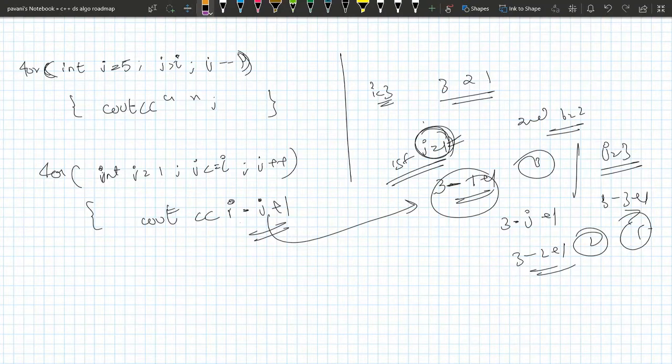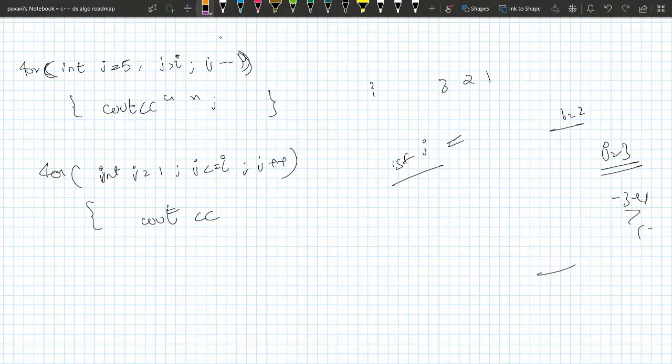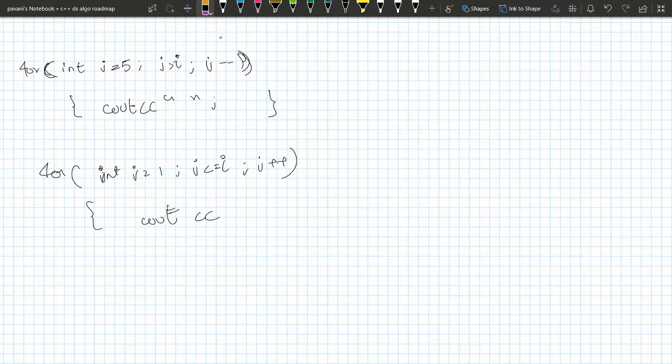I have no idea what should be written over here, but I'm trying to think. Okay, this ideology you have to develop, then only you can solve problems on your own. That means, see, what we have done over here is simple mathematics, and you can use it. You can write, for the ith value, how many j iterations are possible. After relating that in that way, you will get these conditions: where we have to initialize and what conditions we must keep.